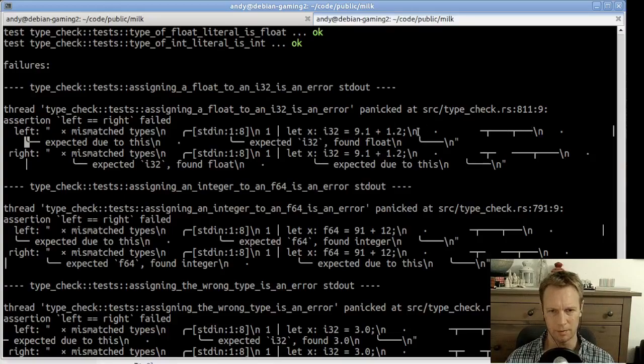I'd love it if I could make these print out in a nicer way. In fact, maybe like one of the other testing, instead of cargo test, you can do cargo new test or something. It might print it out in a nicer way. Okay, so